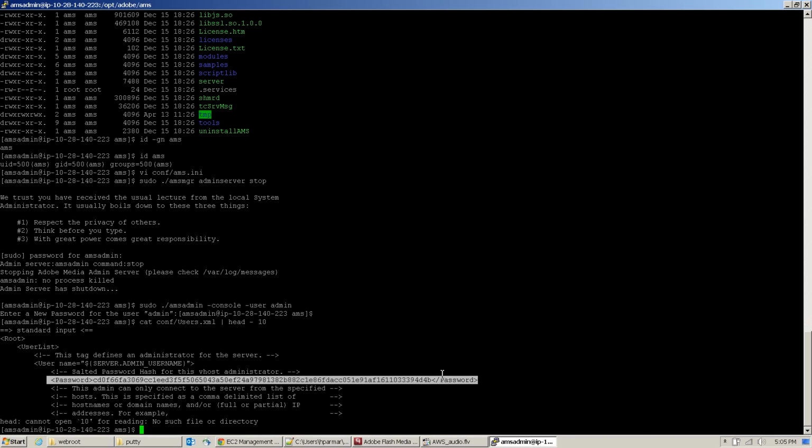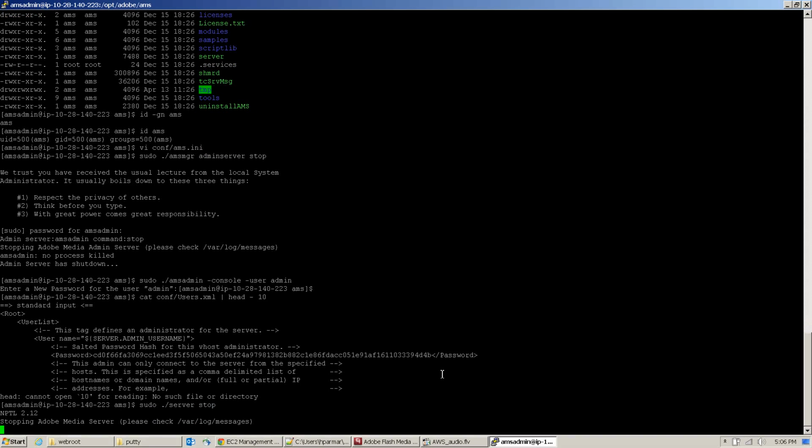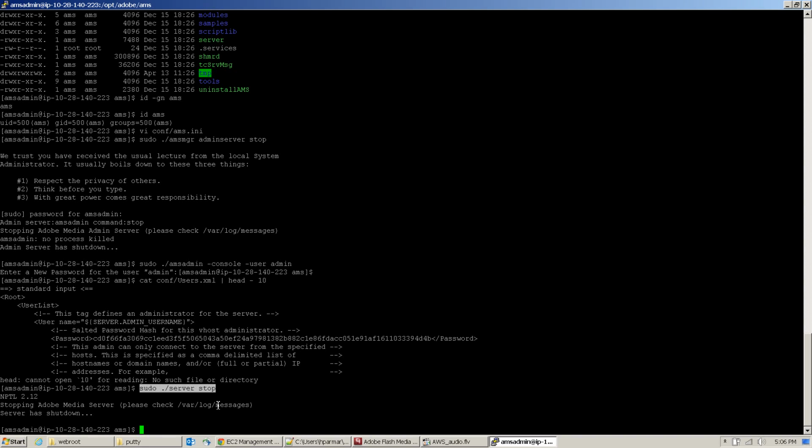Server stop is for stopping the AMS server process. The earlier command over here was stopping the admin server process. I'll start this again. So this will not only launch the AMS server process, but will also launch the AMS Apache process for you. If you want to launch the administrative process, we have to go to the previous command,